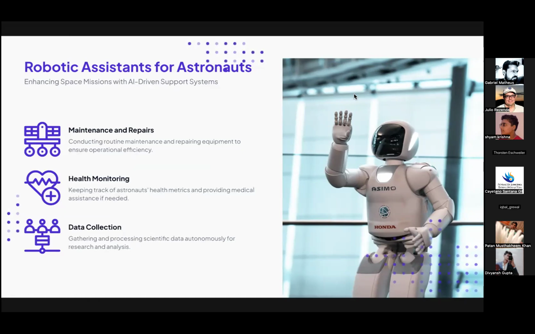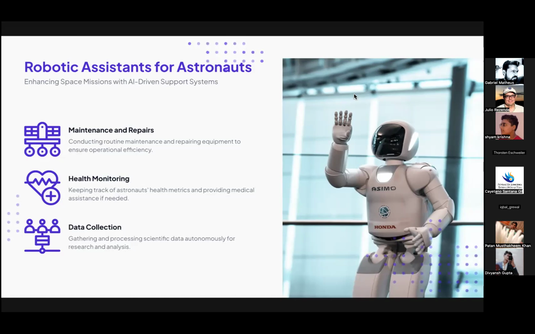Now, coming to the robotic assistant for astronauts. For example, if there is an astronaut who has a space suit, we will use AI and ML to constantly monitor his health. What is his heartbeat? What is his breath limit? What is his body's temperature? What is his condition now? Then we can easily conclude this is the condition of the astronaut and he will need this type of support